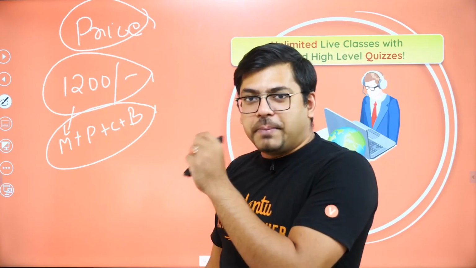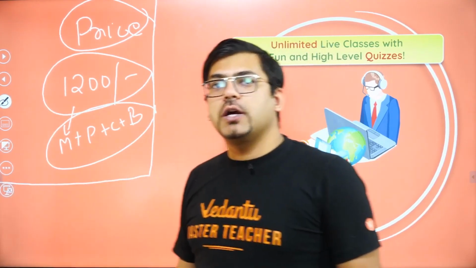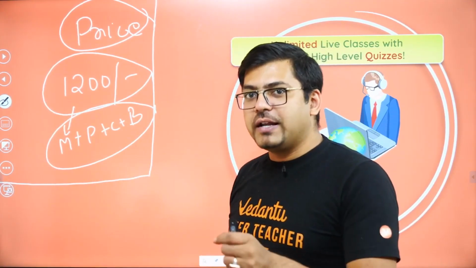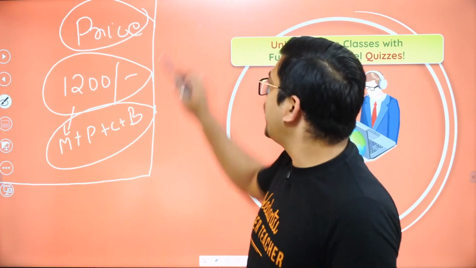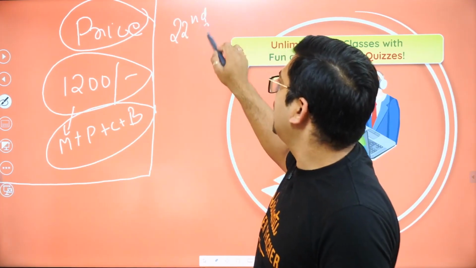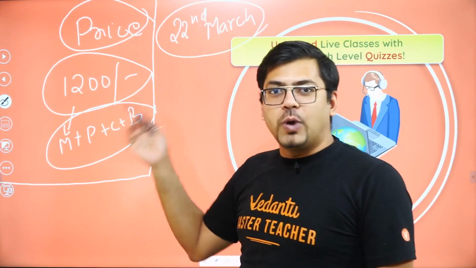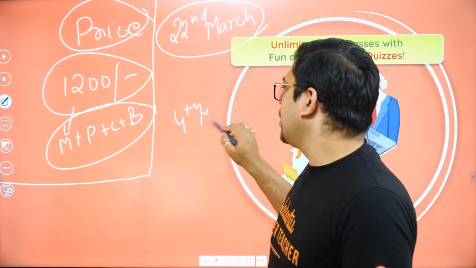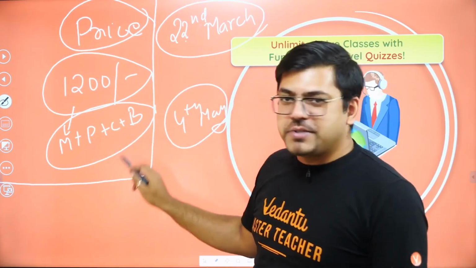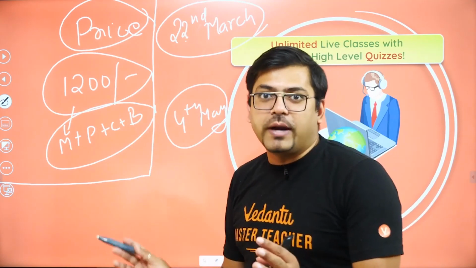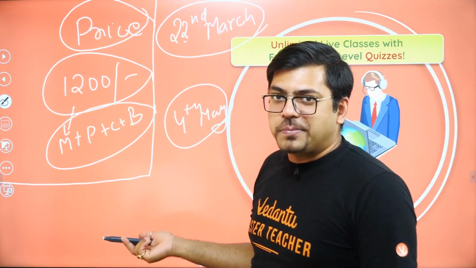But the biggest thing which I have to tell you is that this price and this batch is not going to be there for a long time. In fact, almost the last batch started just a few days back. On 22nd March, a batch started, and I don't think anyone after this would be able to complete it. You have your examinations on 4th of May, isn't it? Even if you take 1 month for completion of all the subjects, which it would surely take, 1 month is the minimum required. So 22nd March to 22nd April. After that, you don't have time, isn't it?